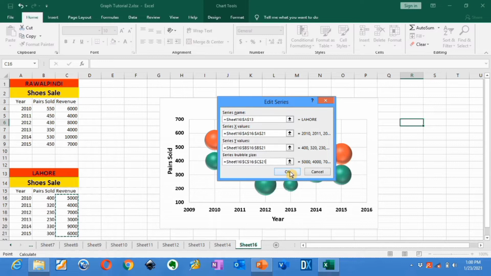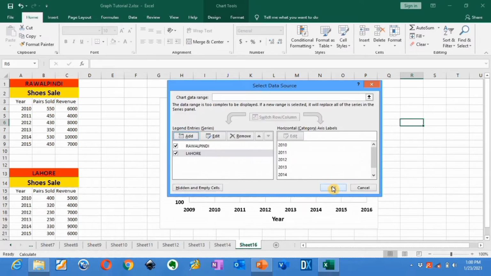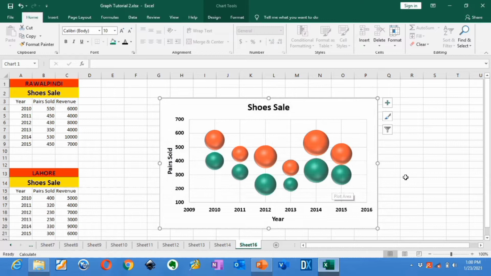Click on OK, and again OK. You can see here that two series are plotted, and the third column which shows the revenue is shown by the area of the circle.